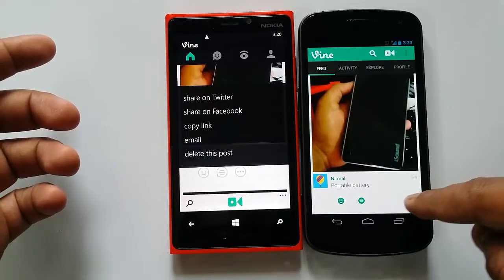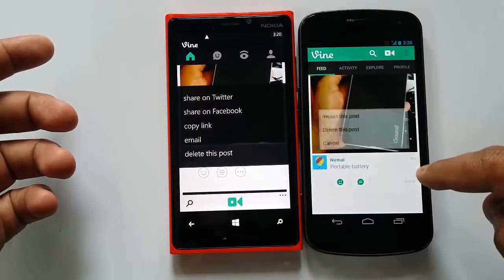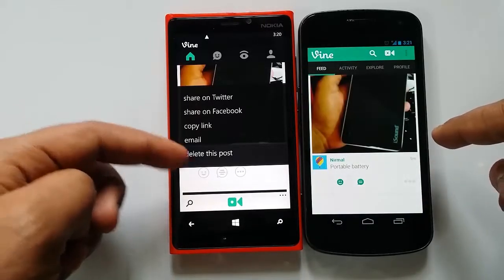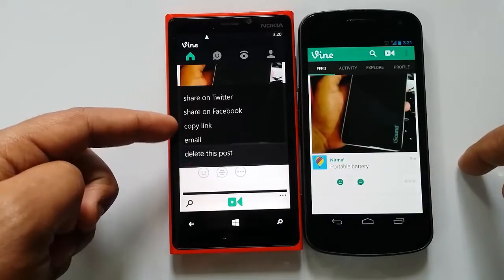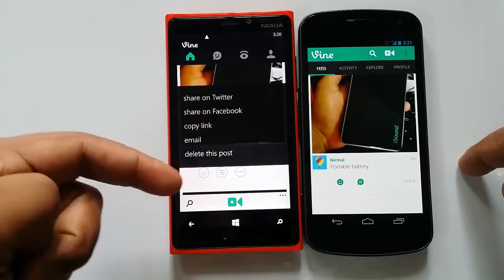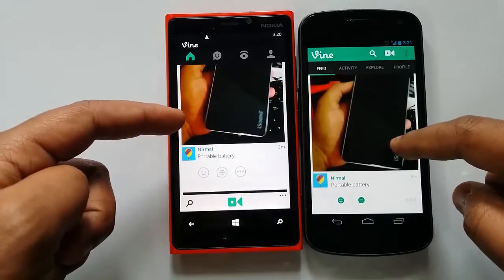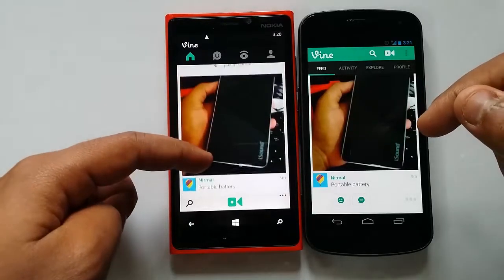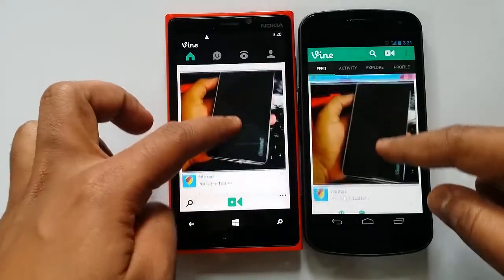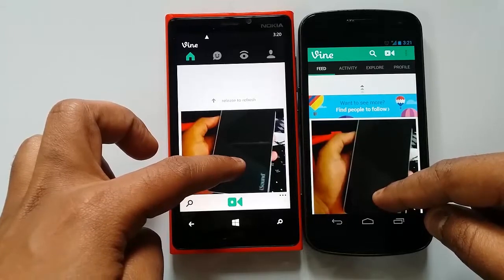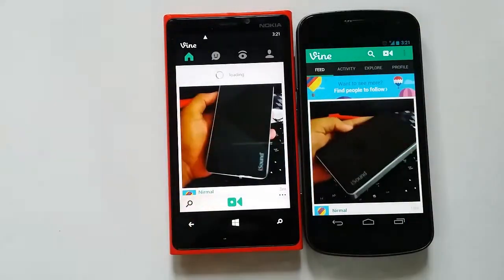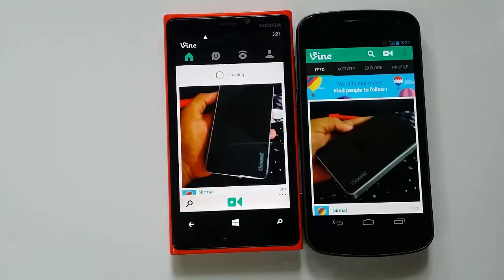And the sharing options are also the same here, so you can see the sharing options: share on Twitter, share on Facebook, copy link, email, or delete this post. So those are the options here. You can hit the play button and start playing the video on either of them. You can just pull to refresh the timeline. So that activity is also the same on both versions of Vine.